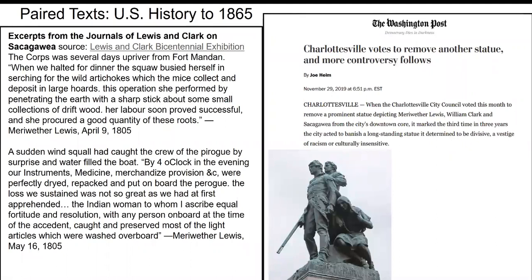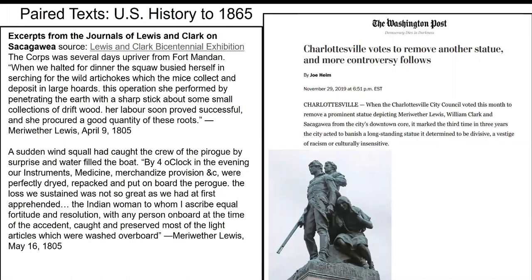So, asking students to read the primary source account, read the article, look at the statue, and assess, is this the most accurate portrayal of Sacagawea that could be made? And at this point they're researching, they're reading, they're writing, they're thinking critically, they're thinking creatively, because they might be thinking about how could you do this statue differently to more accurately fit what they've just read in the primary source documents. So it opens up a lot of possibilities, and it has students practicing a lot of English and history skills.